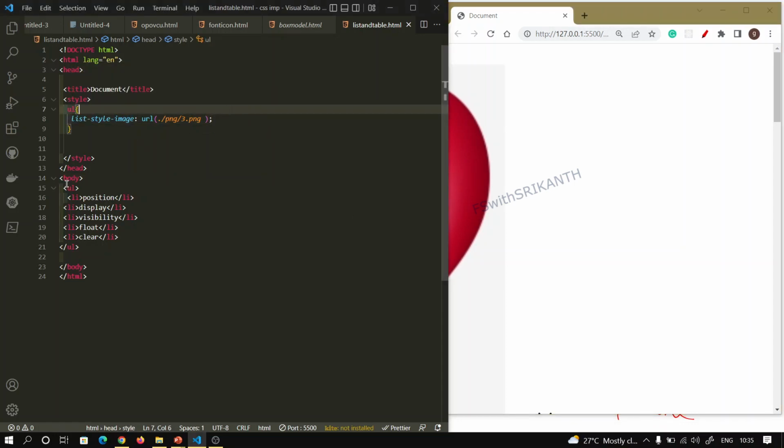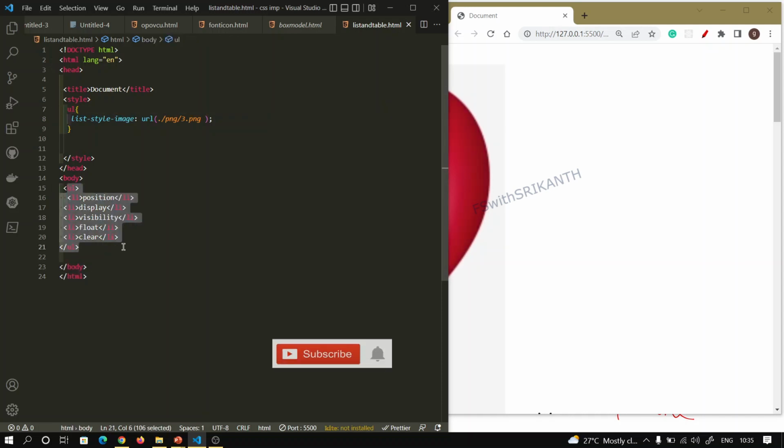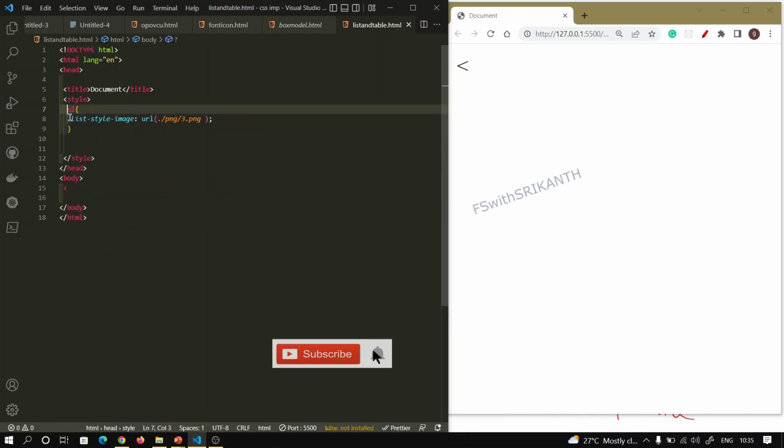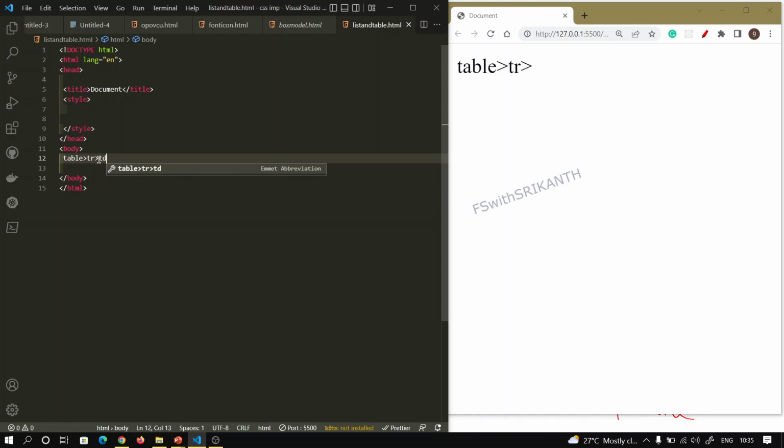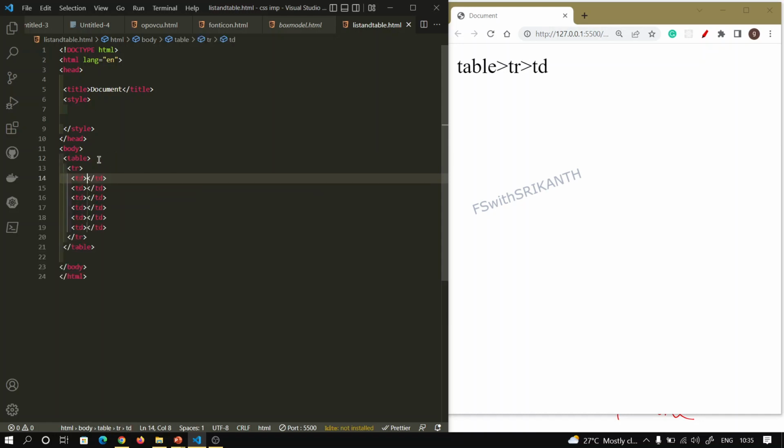The next one, I want to create some table, right? So here I want to create a table. Within the table, tr. Within the tr I want to write td into 6 columns. I want to use 6 columns, right? I want to write S number, S name,